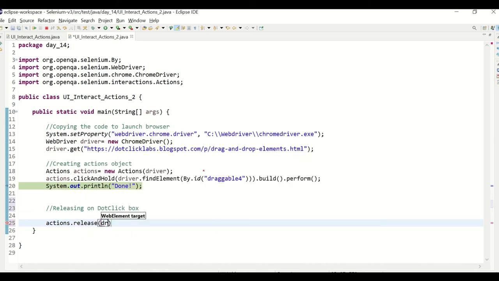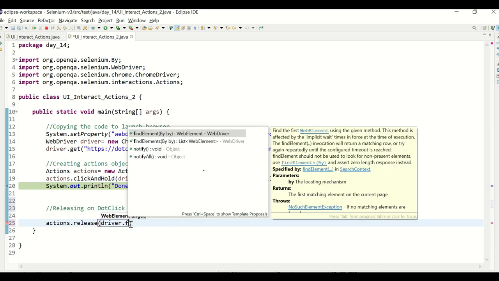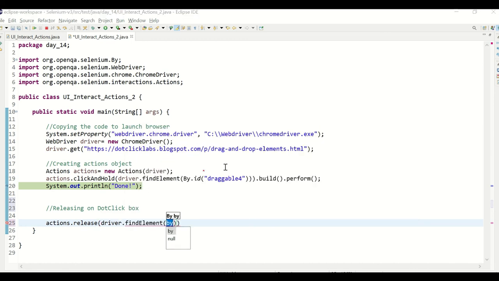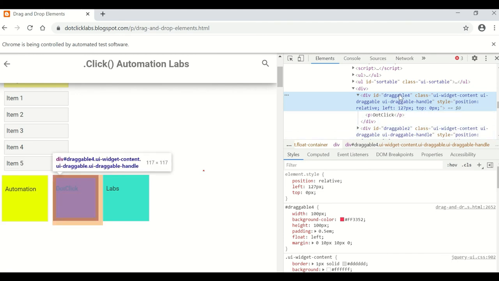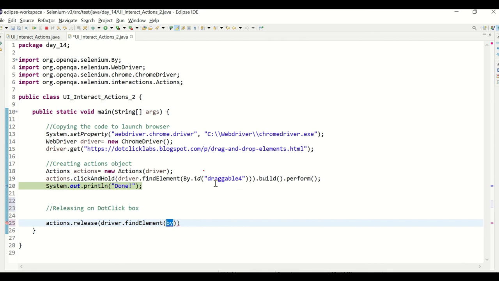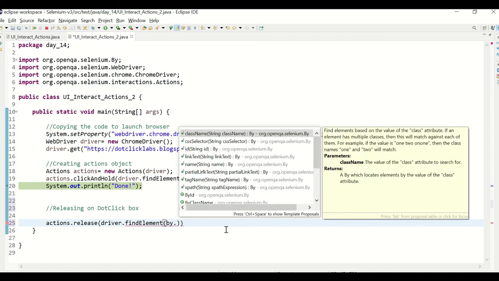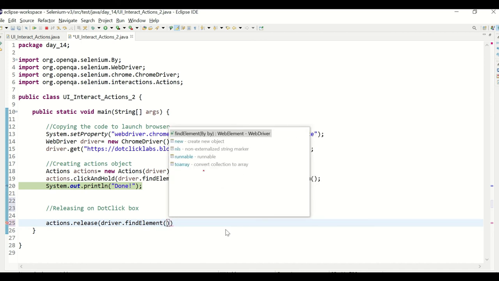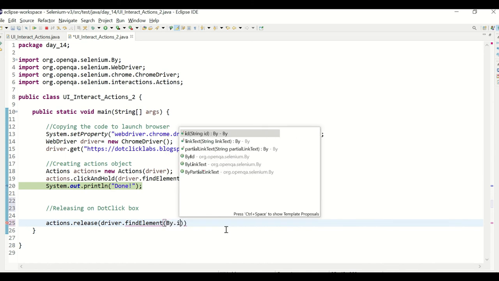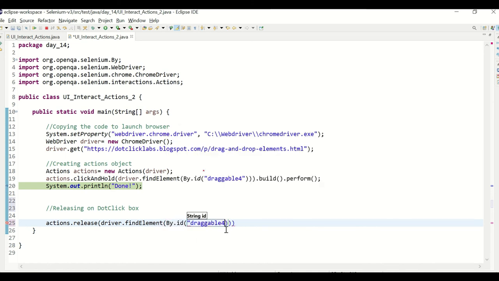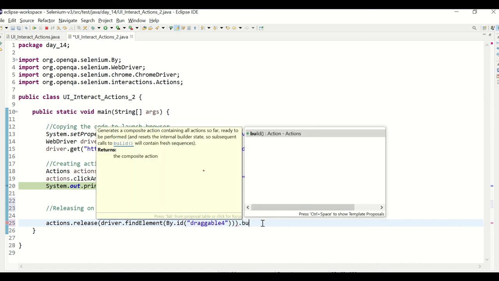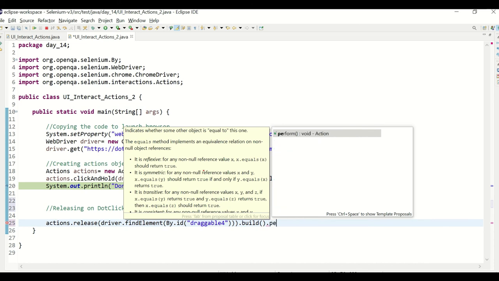Actions dot release, the target is driver dot find element by dot, what is this? This is draggable4. Okay, so by dot, sorry, you need to use by dot id. So pass that value over here, by dot id draggable4 dot build dot perform.